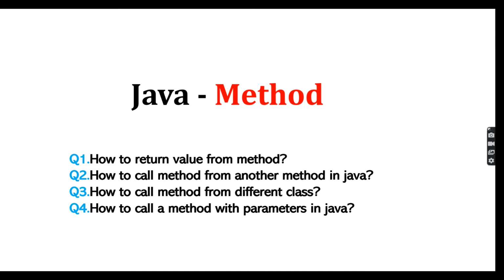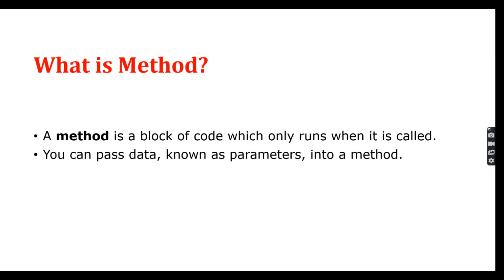Okay. So here, what is a method? A method is just a block of code. So whatever you want, you can define it inside a method. The specific method you can access wherever you require. You can pass a parameter or give some specific condition. That is the reason we are using a method.